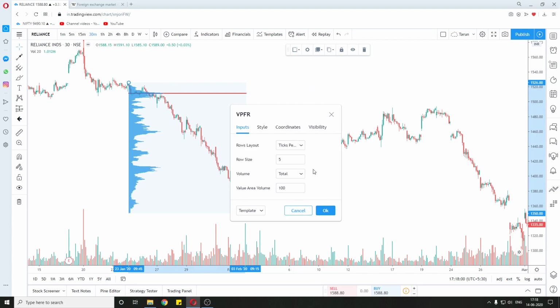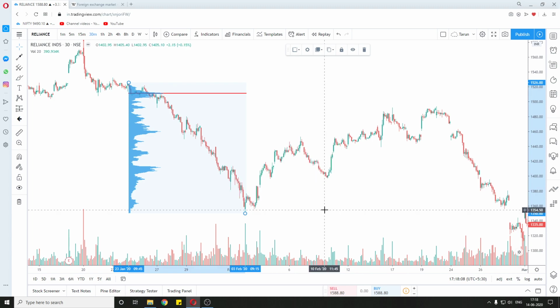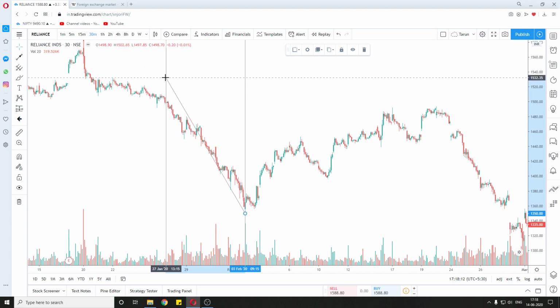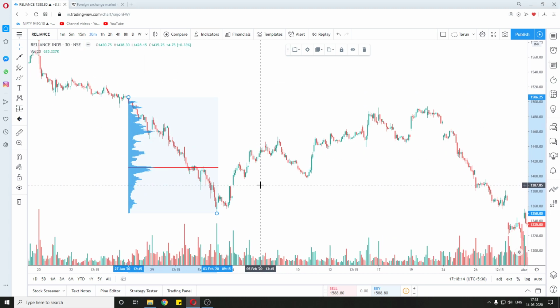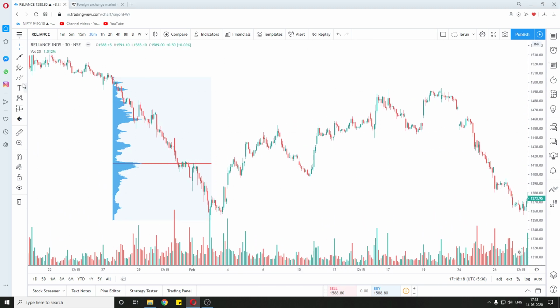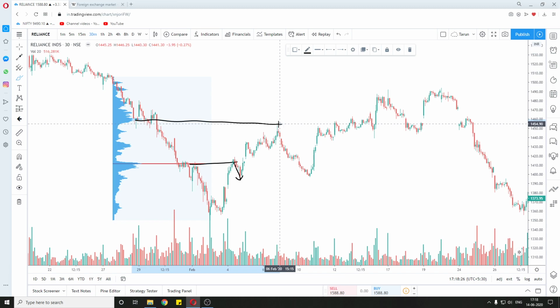These are my settings for volume profile. You can copy these if you want, and I suggest you do, because this works better this way. And you click OK. Now we have more precise data, and if we see this downtrend, then we can see even more accurate data, that the POC is at this level, and you can see there was a small move reaction.